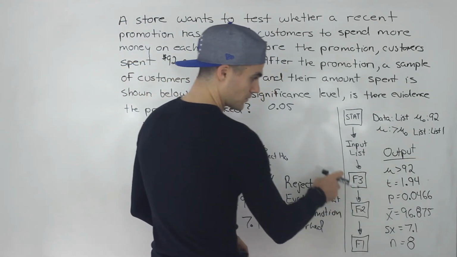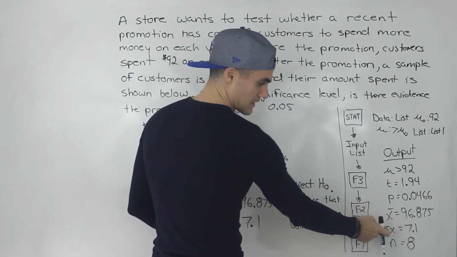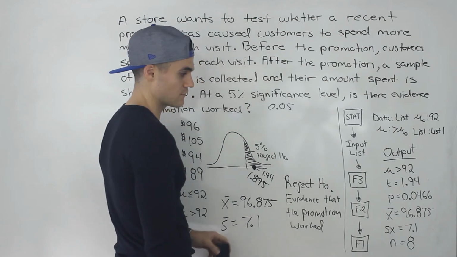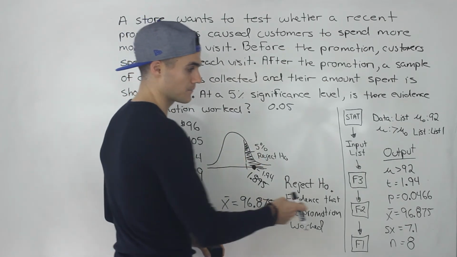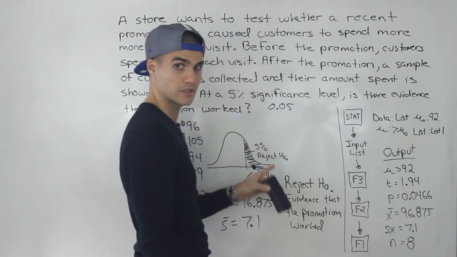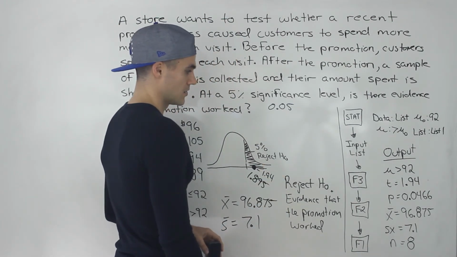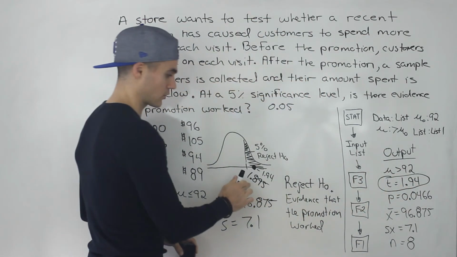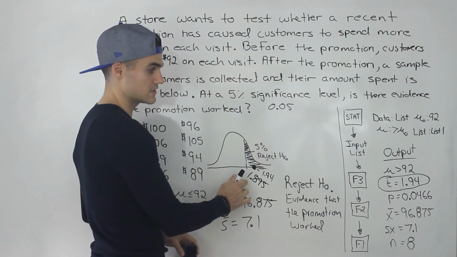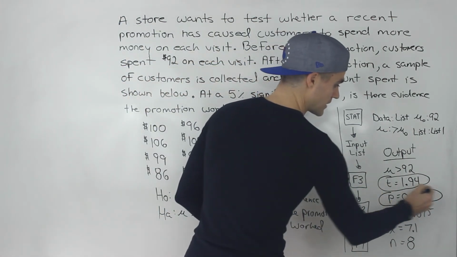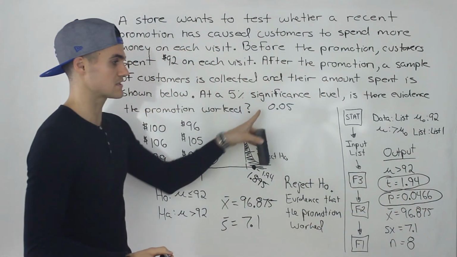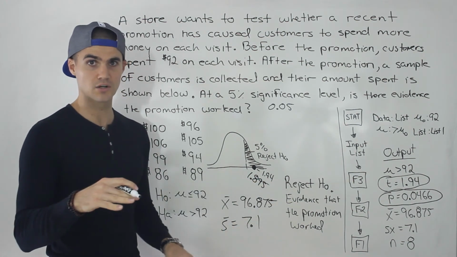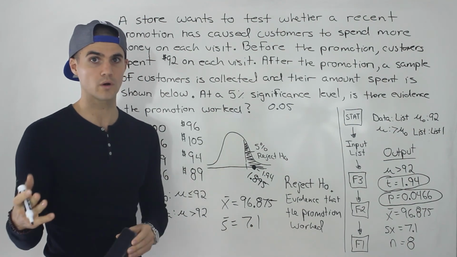And then notice also from the list, they give you the sample mean, they give you the sample standard deviation as well, and the sample size. So that's pretty nice too. If you do want to use it, if you want to confirm this test statistic manually with that manual calculation we did. But yeah, multiple ways, whether you're looking at the test statistic, comparing it to that critical value that we got before on the t-distribution, or you're looking at the p-value, comparing it to the significance level of the test. Either way, the conclusion is that we're rejecting the null hypothesis, so there's evidence that the promotion worked,